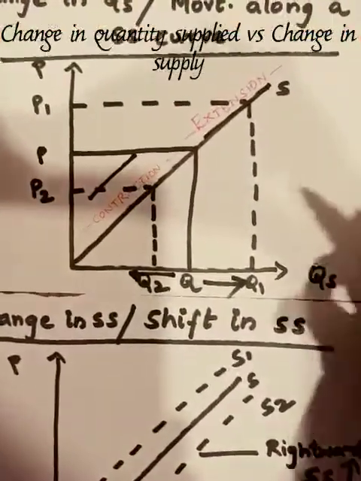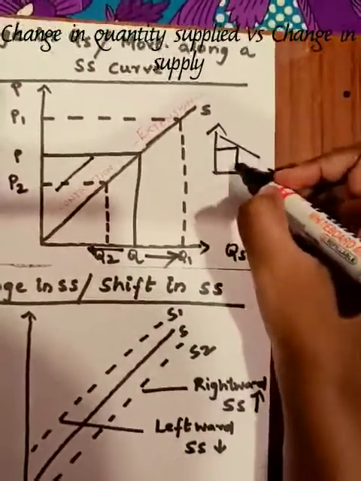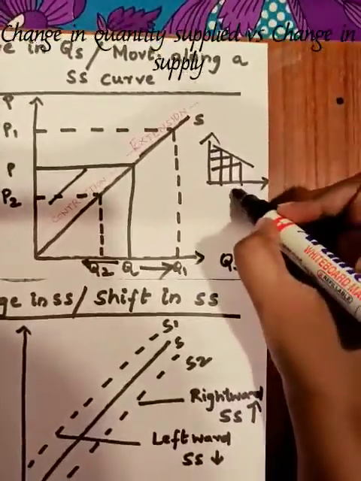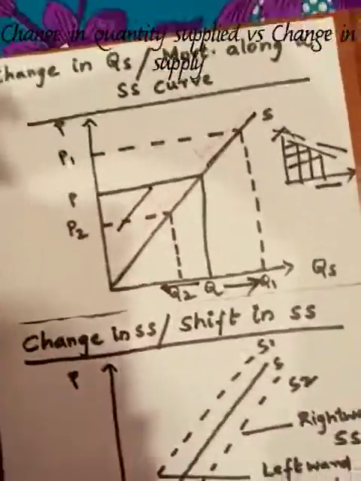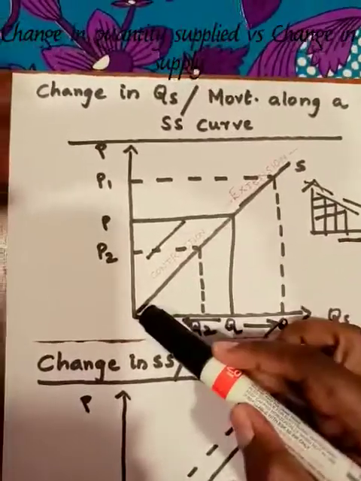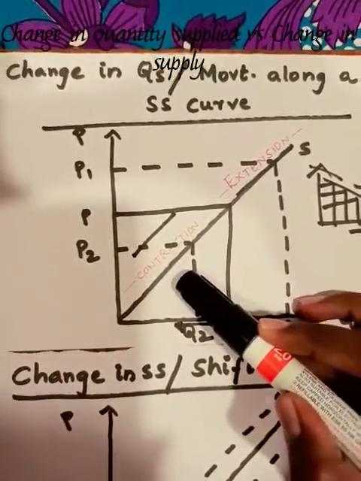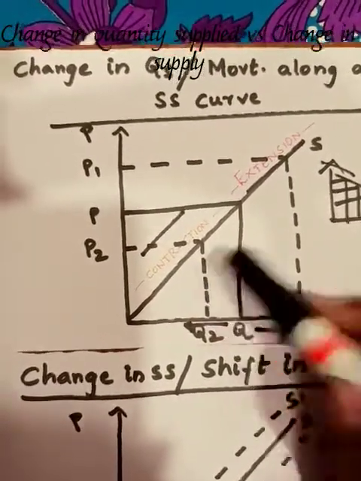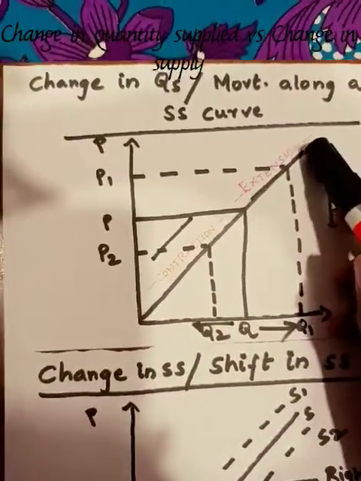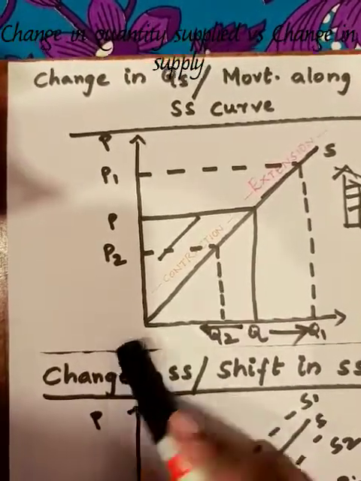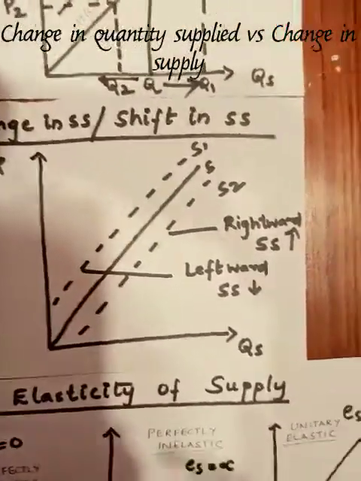Understood? So what was demand? Just verify with demand. So here quantity is getting increased, so here it is extension and here it is contraction. So here this way is extension and this way is contraction. You have to keep it in mind, the reason also why here it is extension and why here it is contraction. Then only it will be very clear for you. Quantity supplied is getting increased this way. That is why here it is extension. Quantity supplied is getting reduced this way. That is why contraction.